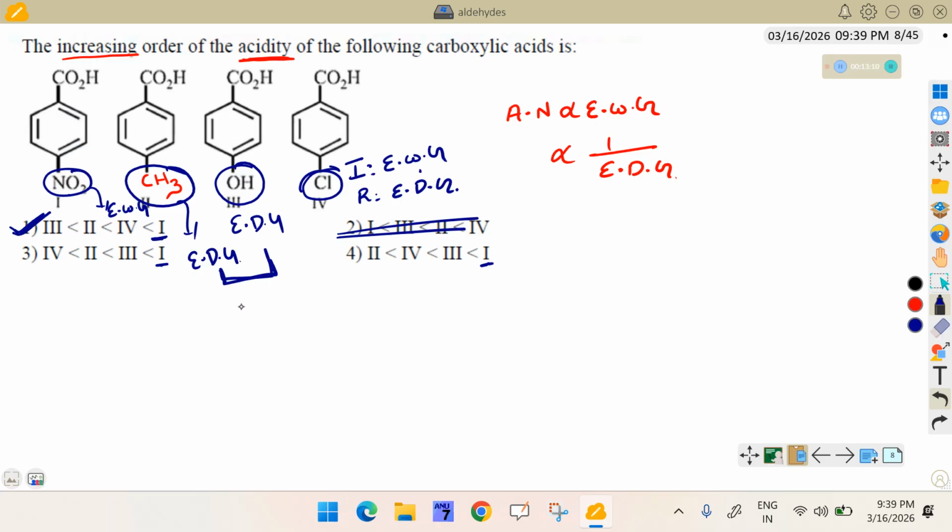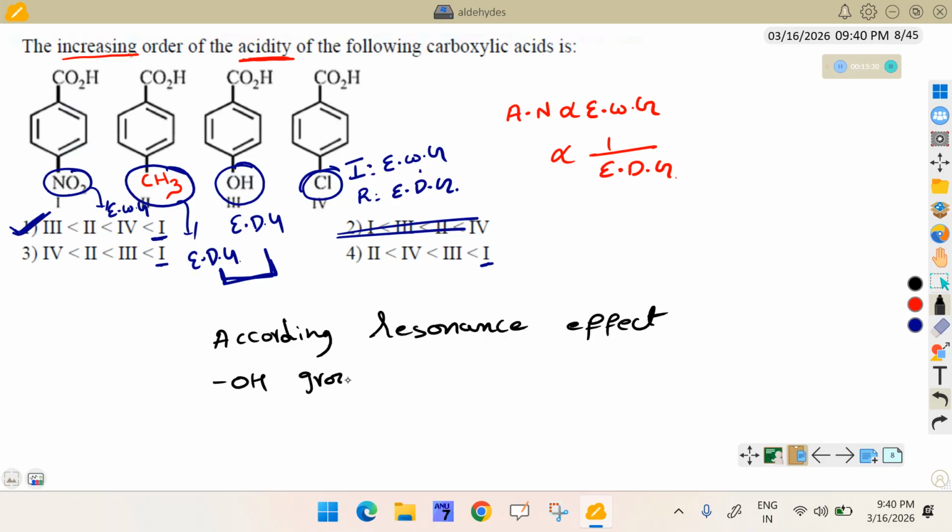Compared with CH3, according to the resonance effect, the OH group is a strong electron donating group compared with